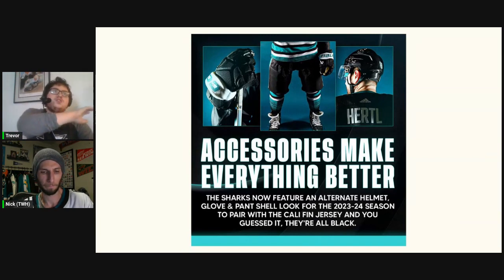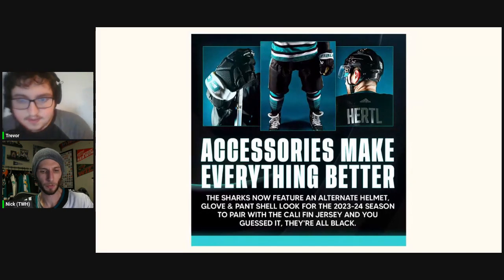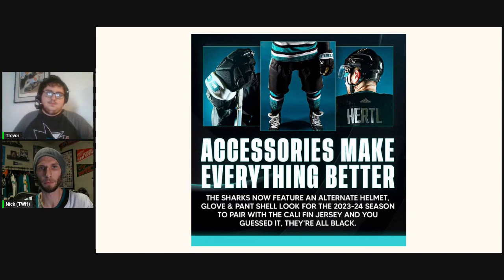They're a drawback to our first black jersey that we wore. The striping is the exact same on the side. The only thing missing is the shark logo on the pants. That's cool that they borrowed from that. I mean, because the original black for me is very special because that really signifies when I really started getting into San Jose. Yeah. And then the black helmet with the NorCal